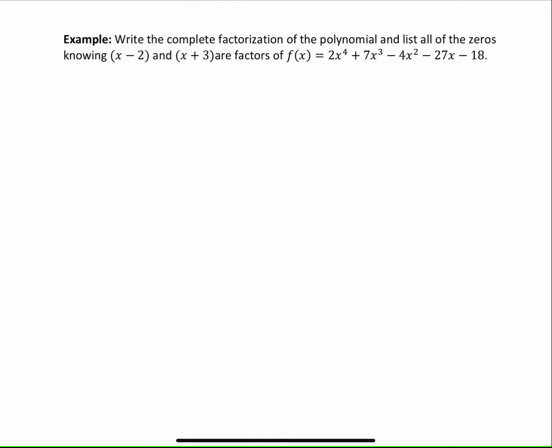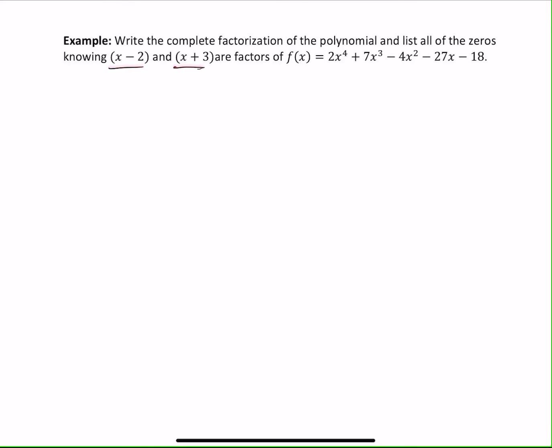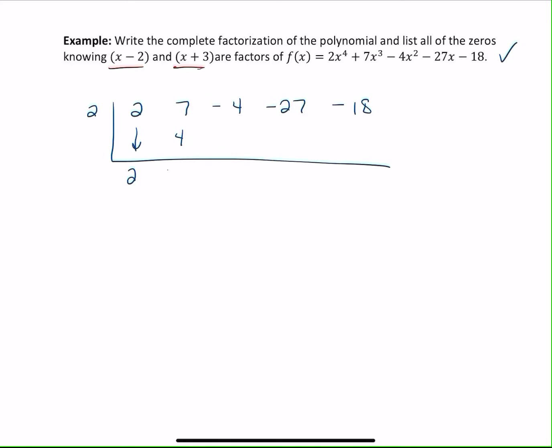Okay, let's look at one more. This one's a little bigger, but I've still given you two factors to start with. So check and make sure you're not missing any terms and it's in order. So we're good. We can pull our coefficients. And we're going to divide by our first factor, which, when you solve it for 0, gives you a positive 2. Bring down the 2, multiply, add, multiply, add,